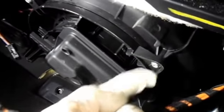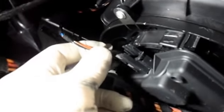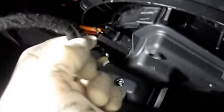Okay, and then once you have all of the 4 bolts tightened up, you can reconnect your electrical connectors, and you just push them right in and you'll feel them snap in. Same thing with this one here. There's only one way they can go in, so you can't make a mistake, and you'll see they snap right in. And just to test it now, we're going to turn the key on and check the blower motor